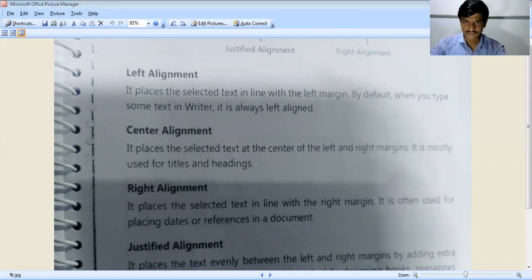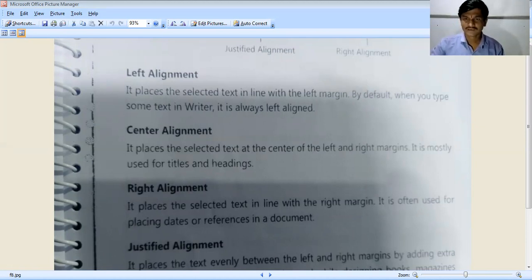I will show you about this. Suppose this is a title. If you want to show it in the center, at that time you can use center alignment. In the standard toolbar you will get left, center, right, and justify. These are the four alignments. If you click on center, this is the center alignment. If you want this text displayed in the center, you can click on center alignment. Okay, this is about center align.